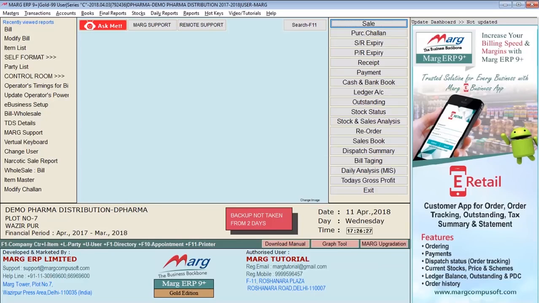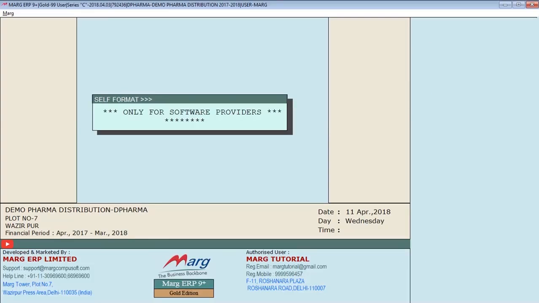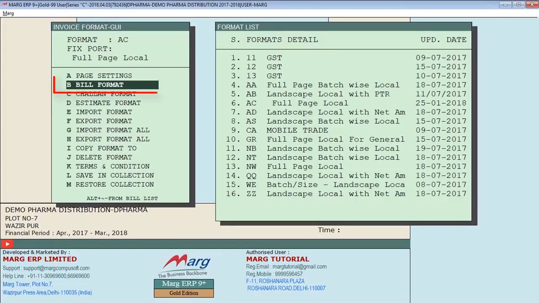After typing the party name, address and item name in Hindi, we will design the invoice format. To design the invoice format, go to Masters, then Mark Setup, then Self Format, enter the current date in reverse format, come to Invoice Format GUI and select Bill Format.